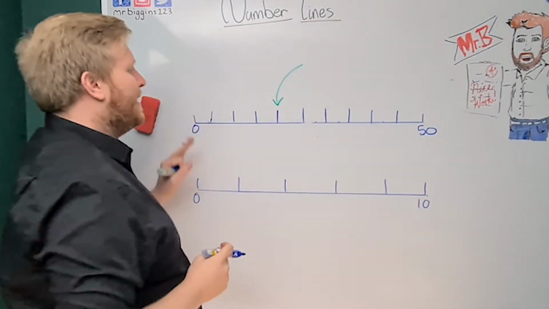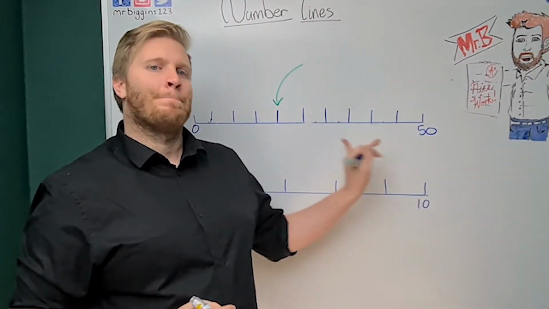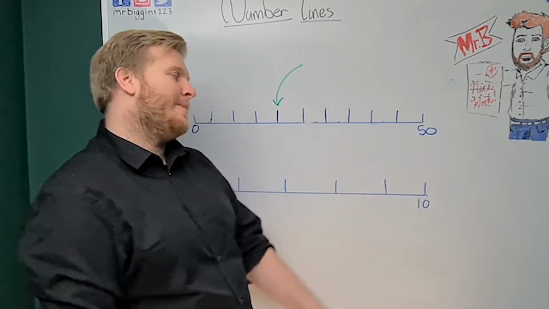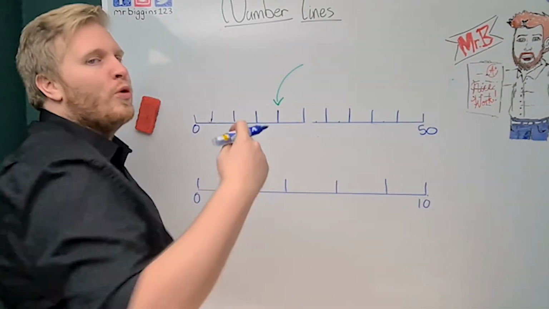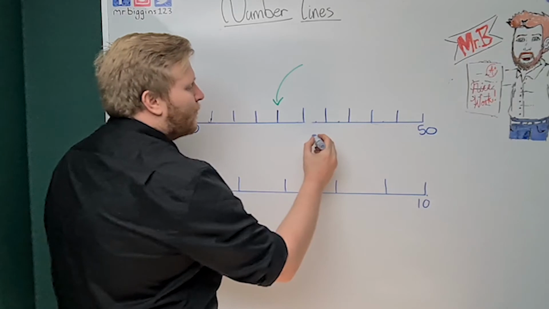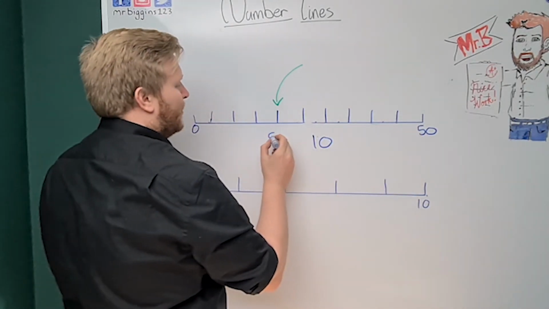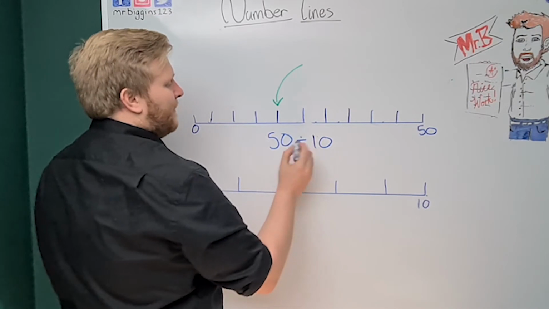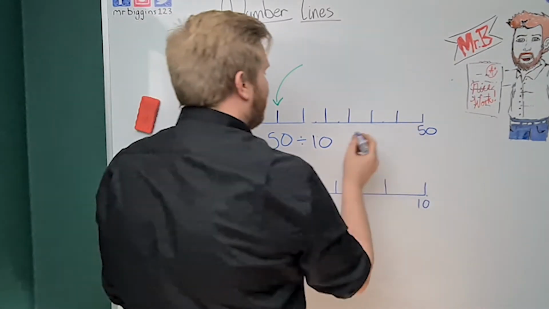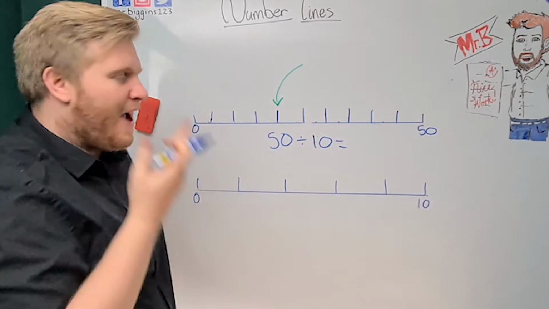Now, I'm not going to count my jumps, because I've already done it. I haven't added any more on these, so I know it's 10. So I would have had to if it was a new one. So I know I've got 10 jumps. But this time the jump is different. Okay? It's 50 because I'm going from 0 to 50. So I'm saying how many